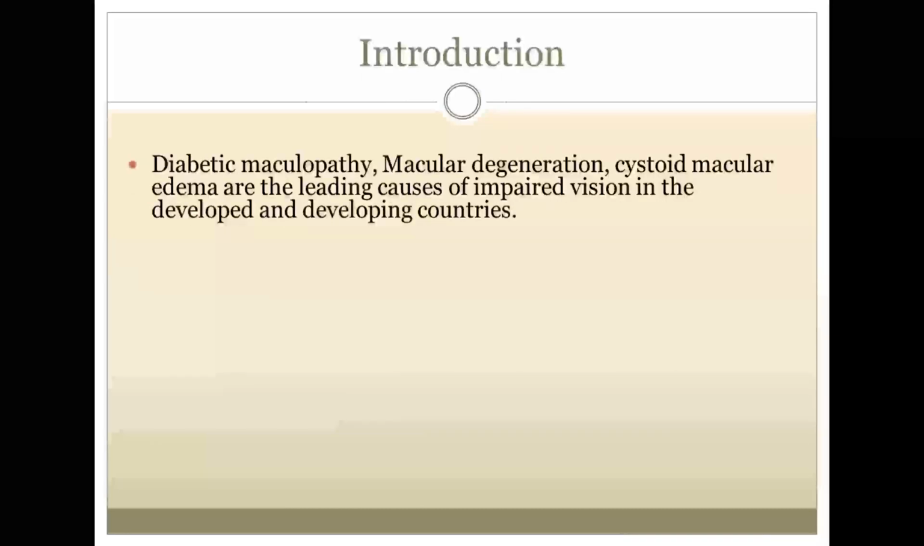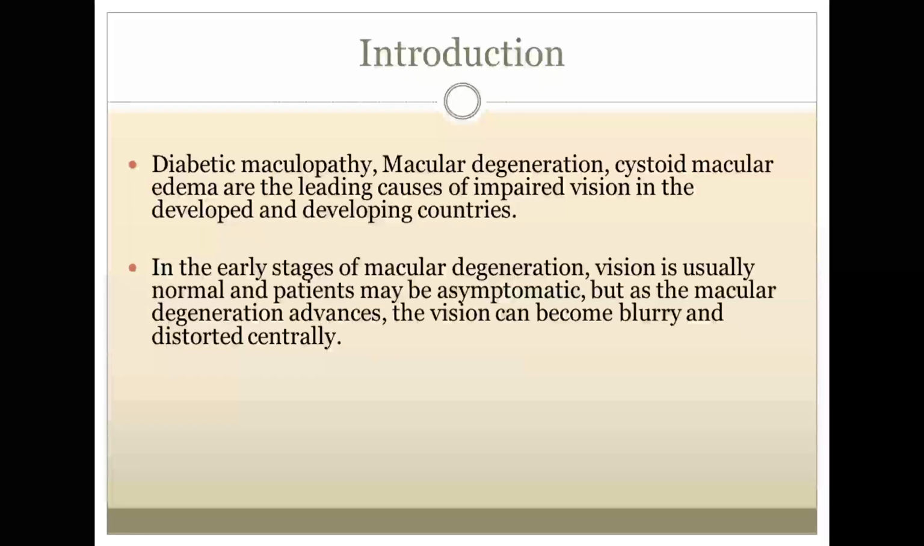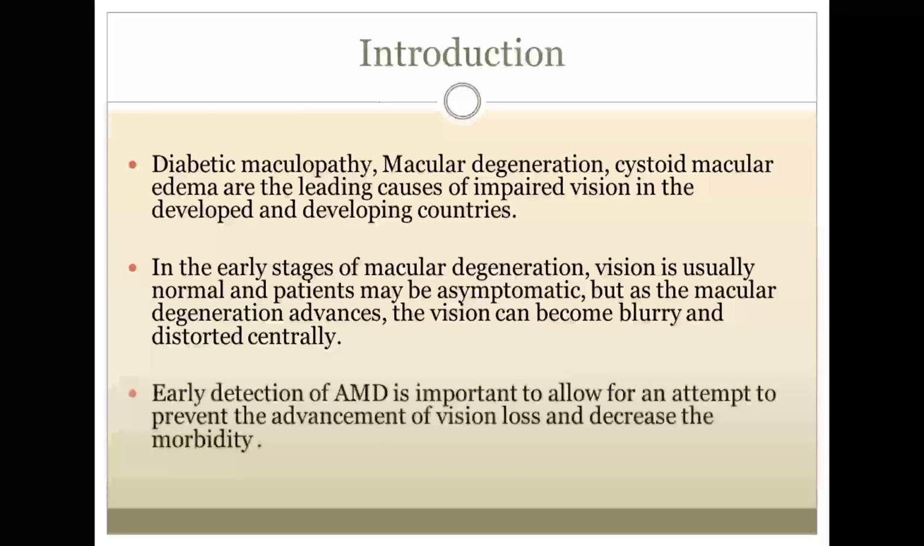Diabetic maculopathy, macular degeneration, and cystoid macular edema are the leading causes of impaired vision in developed and developing countries. In the early stages of macular degeneration, vision is usually normal and patients may be asymptomatic. But as it advances, the vision can become blurry and distorted centrally. Therefore, early detection of AMD is important to attempt to prevent the advancement of vision loss and